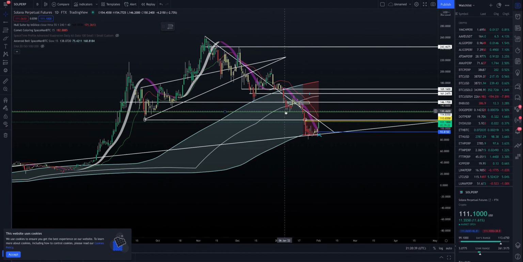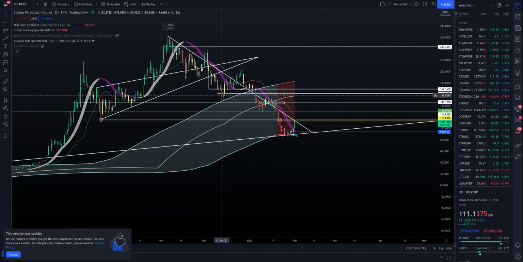Because the 5 minute is only good if you're scalping or you're just wanting to manage a position, see how the daily price action is going. It doesn't really tell a story to where we're going long term, while 4 hour and above does. So this is my downtrend for the daily of Solana. As you can see,